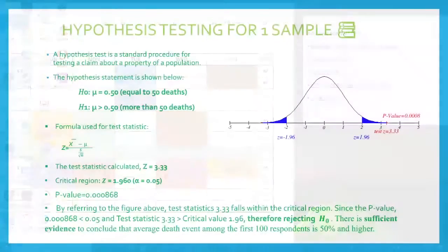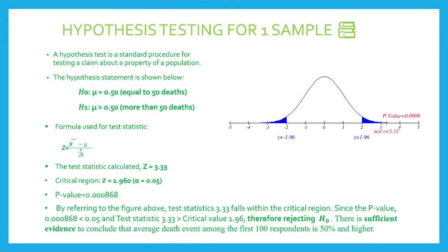My name is JEEVAN and today I'm going to be talking about hypothesis testing for one sample. The purpose of hypothesis testing is to test whether the null hypothesis can be rejected or approved. This test will investigate whether the average death event among the first 100 respondents is 50% and above, with population variance unknown. Hence, the 50% death event as the median value of the data is 50 deaths, at a 95%